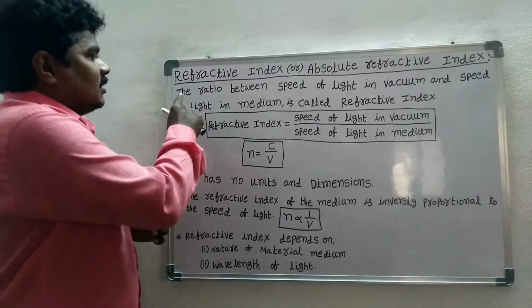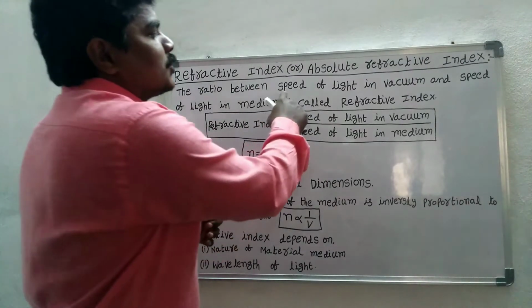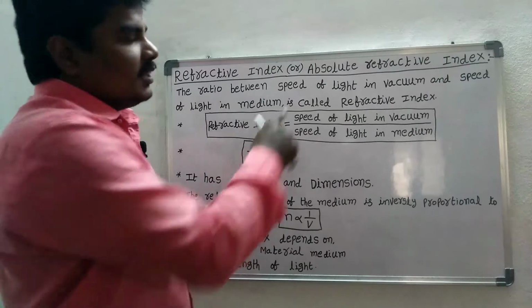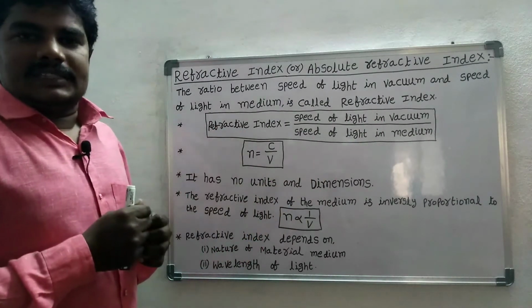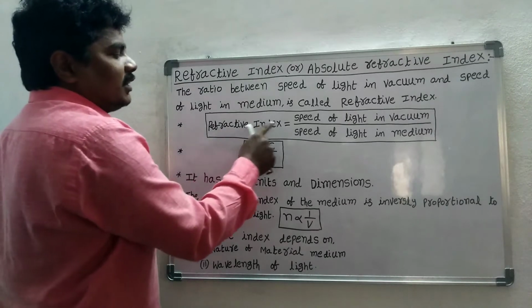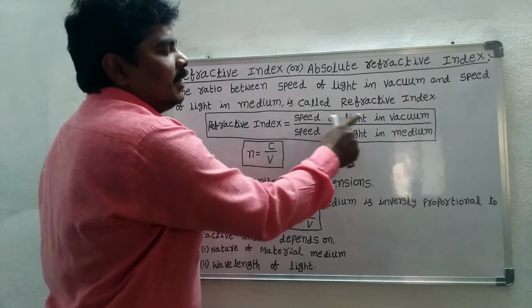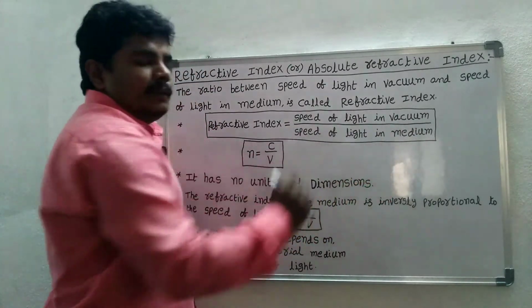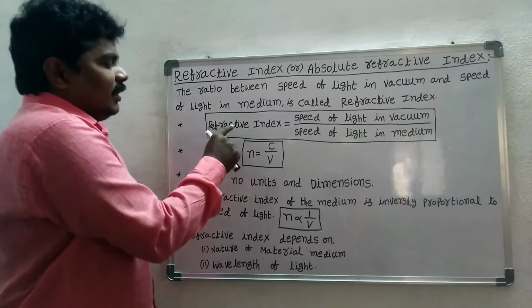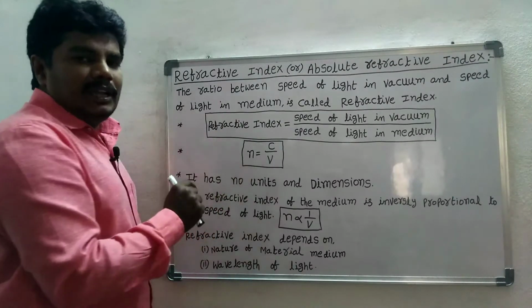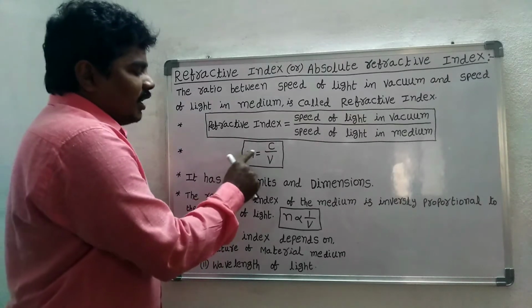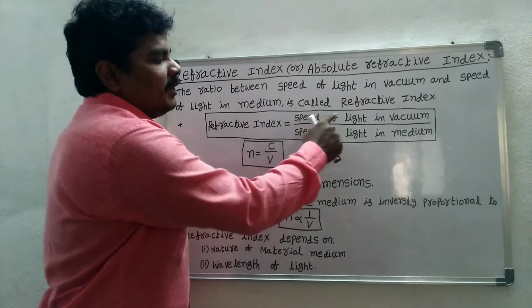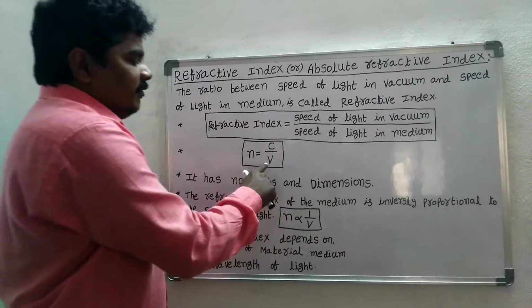Refractive index is the ratio between the speed of light in vacuum and the speed of light in a medium. Formula: refractive index is equal to speed of light in vacuum divided by speed of light in medium. Here refractive index is represented by small n. So small n is equal to C by V, where C is the speed of light in vacuum and V is the speed